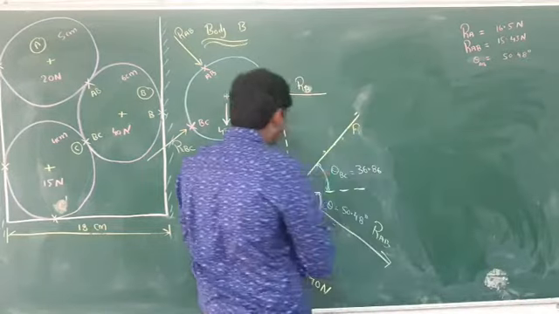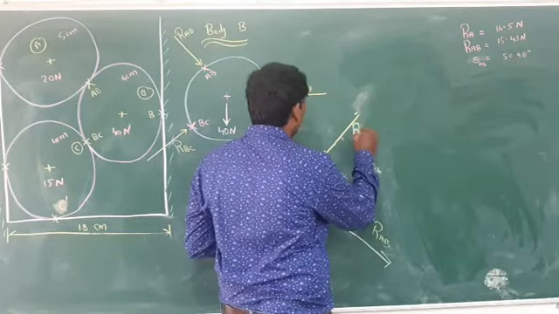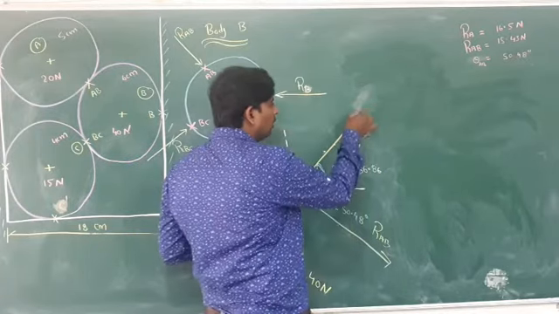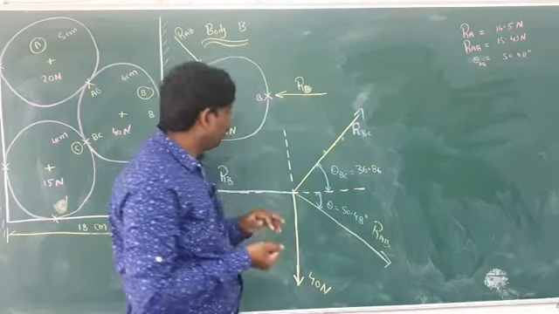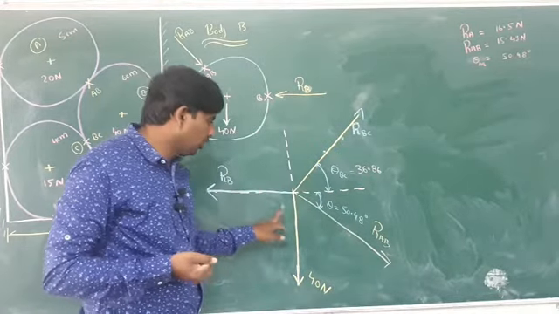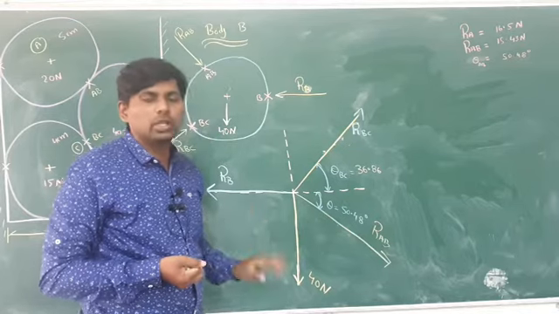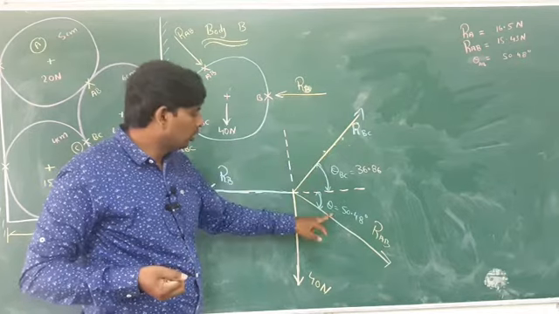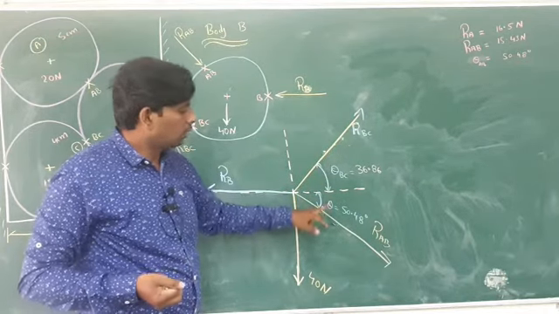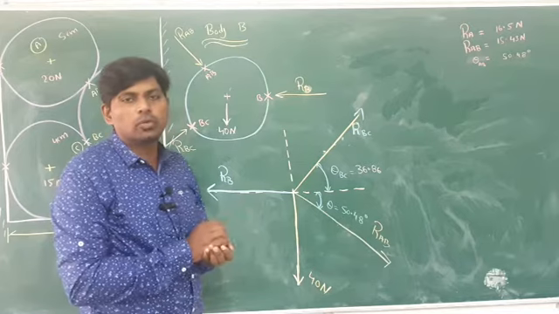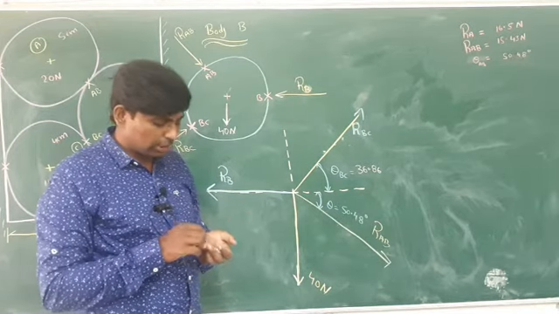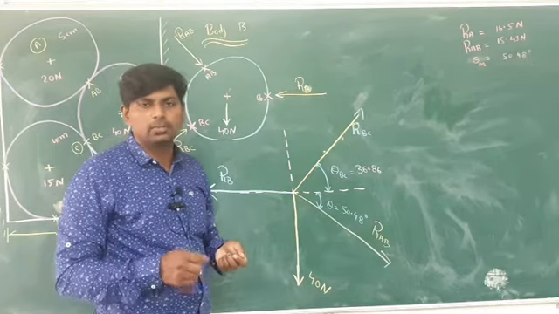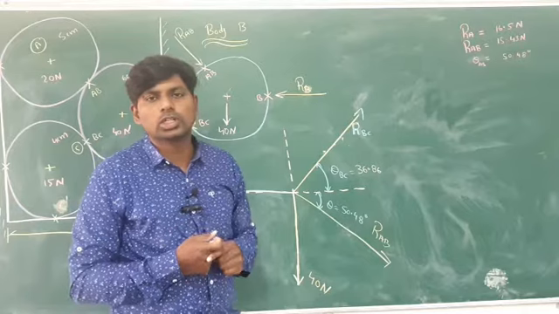As you can see, this one is known as R, it is lying between B and C. So RBC. Here force 1 is there, force 2, force 3, force 4. So the total number of forces is 4. Whenever 4 forces are there, you can't go for Lami's theorem.